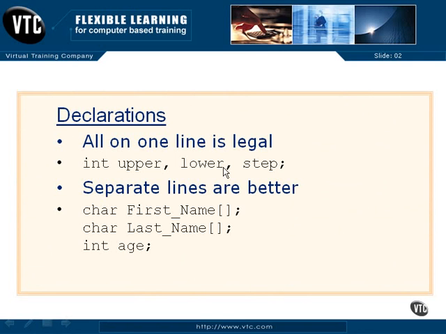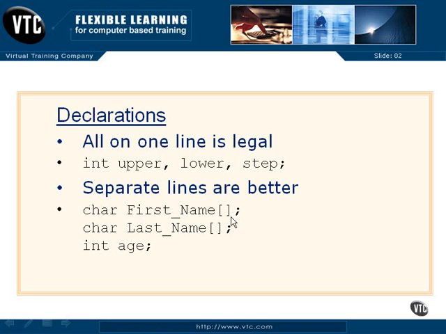Now, declaring the variables all on one line is just fine. Here we have some integers. We have an int called upper and lower and step. Now, this creates those variables, but it doesn't give them any initial value. We'll take a look at a point here where they would get an initial value based on where they're created. But if they're just put in our normal program, they are what is called automatics, and they will not be given a value. Just whatever is in the computer's memory where they're assigned is what you get until you initialize them. It is better coding practice in C to use separate lines,